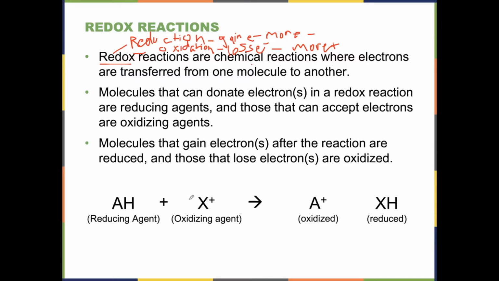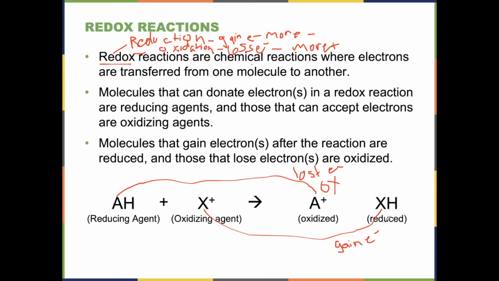Because of that, a reaction where there's a redox often looks something like this. In this case, if you take the A molecule here, notice that it is going from A without a charge to a positive ion. That means that it must have lost electrons. So this is the oxidation. And notice it says here now that A has been oxidized. If you take a look at what happens to the X in this reaction, notice it starts with a positive charge, and then it becomes neutral with a zero charge. That must mean that it gained electrons